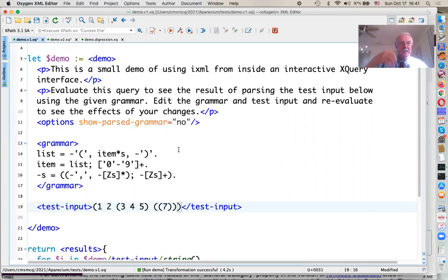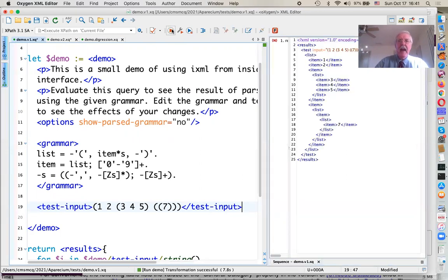As the text says, this is a small demo of using ixml from inside an interactive XQuery interface. We can evaluate the query to see the result of parsing this grammar, using that grammar to parse that input. It will take a moment, but we can click the button. It will evaluate, it will look at, parse the grammar, understand the structure of the grammar, construct a parser for the data,